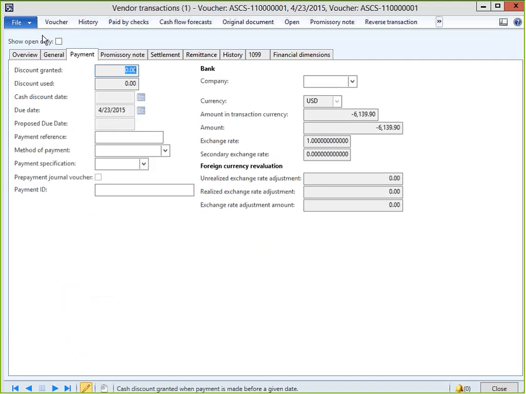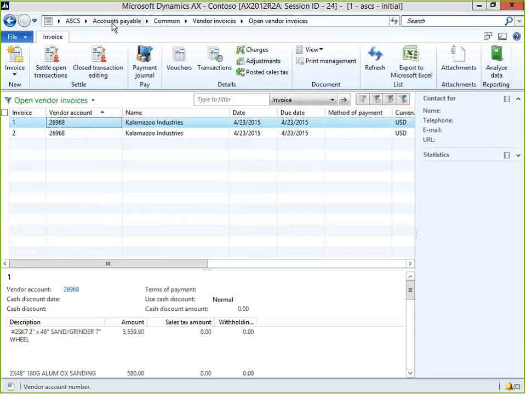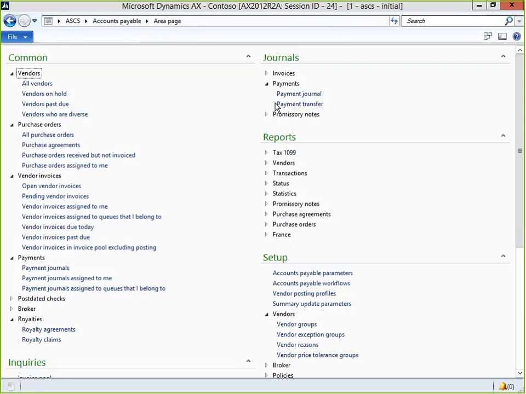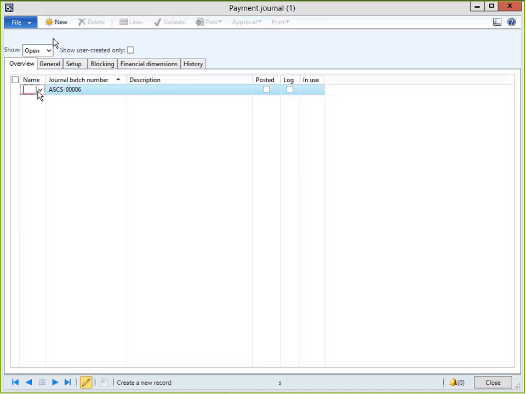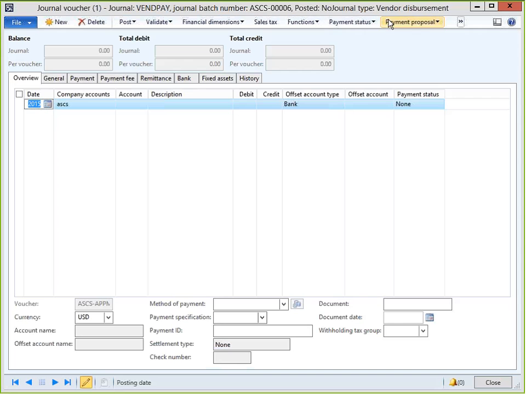Now, just as a side note, with a little bit of extra work, I could make this editable. I could add in a calendar button in there, but I can at least go in and change this proposed date. But when, for example, I'm going into payables, and maybe I create a payment journal here, and something that's really interesting that you can do, so if I just say I want to create a new vendor payment, go into the lines, then when we do the payment selection, or a payment proposal, sorry,